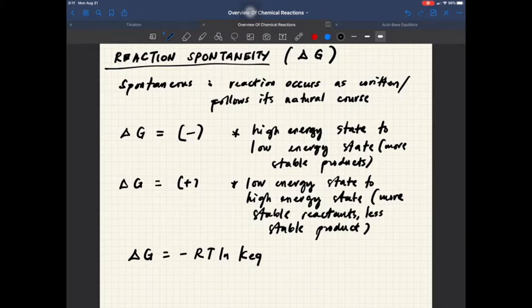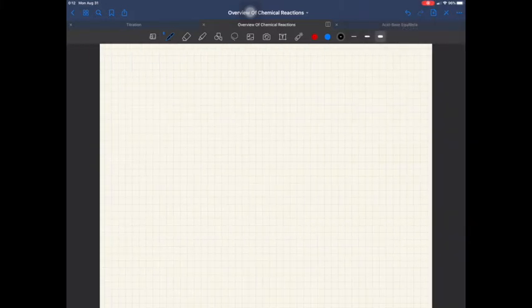So this necessarily means that a K_eq of 10 will yield an ln K_eq value of 1. Therefore, it results in a negative delta G, or negative change in Gibbs free energy. On the other hand, a K_eq value of 0.01 results in an ln K_eq, or natural logarithm of K_eq, value of negative 2, and therefore it results in a delta G, or Gibbs free energy change, that is positive. We could write that relationship as